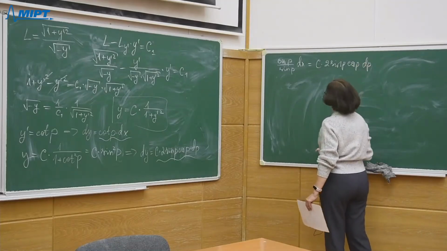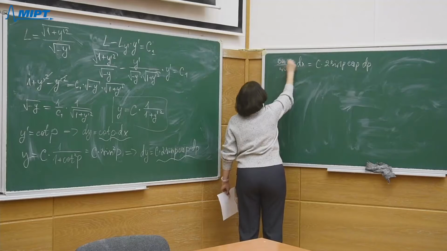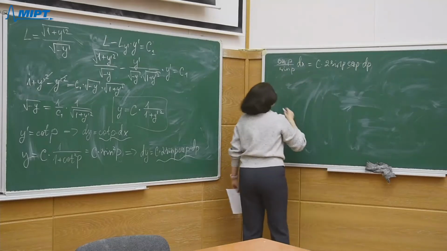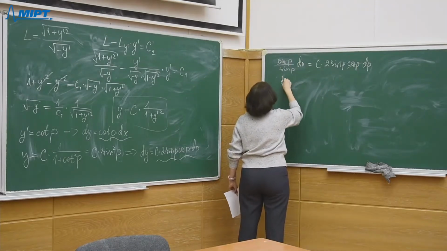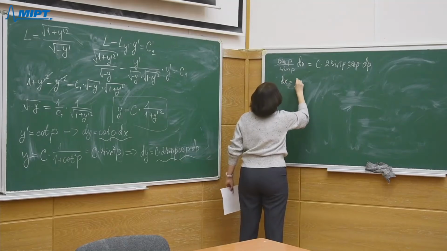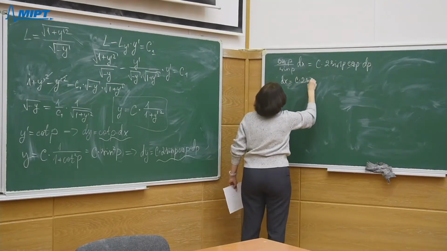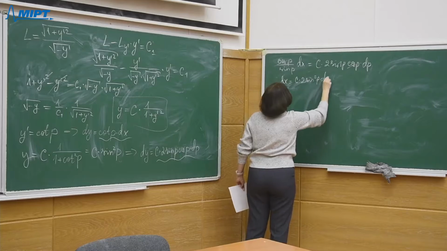And now I must solve this. I can eliminate cos p, and after this I will get dx equals c times 2 sine squared p dp,